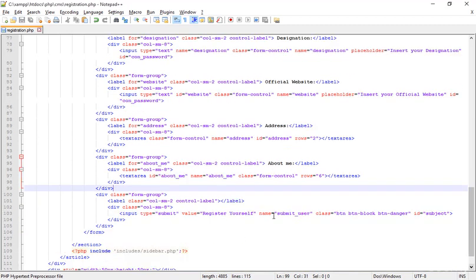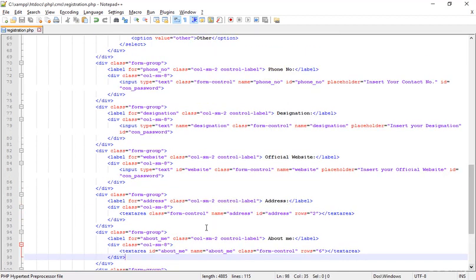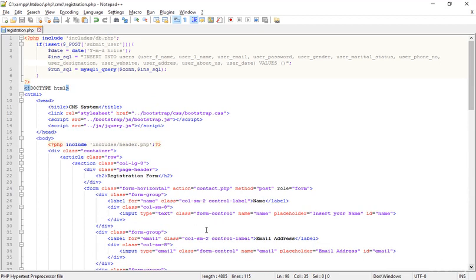This is the submit user button. These are the about me, or actually the names. So everything is clear. I'm going back to the top, and here I'm adding the values. Okay, I'm mentioning the first thing first, the dollar and post